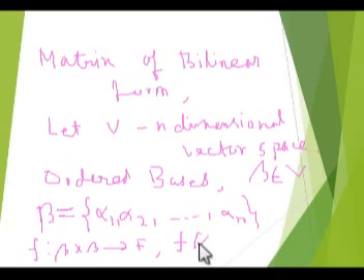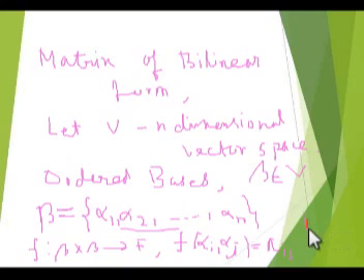f(alpha i, alpha j) is equal to, we will get different values for different alphas. So we are now denoting it as a_ij. If we take 1, 2, then we will get the first to second element. If we take 1, 1, then we will get the first element of the matrix. In this way we will represent it, where i and j both